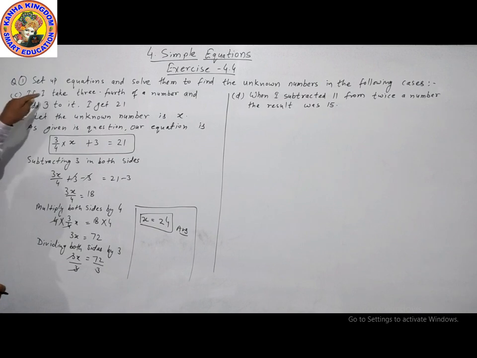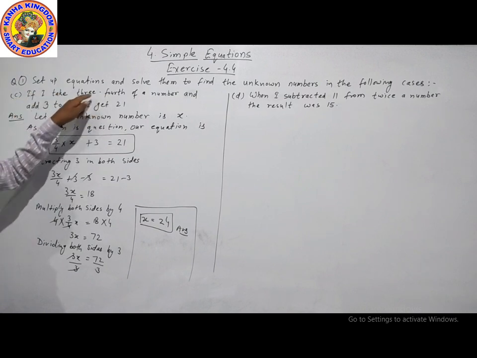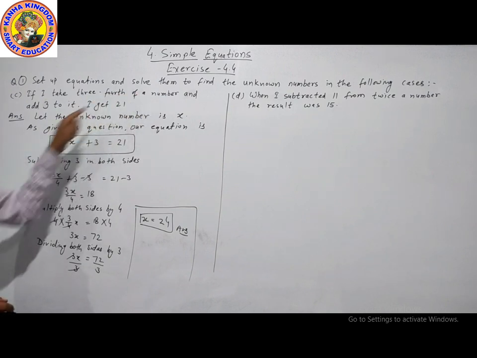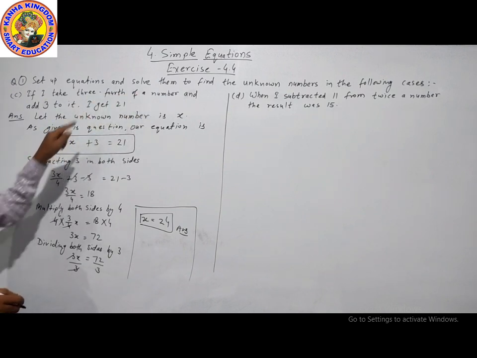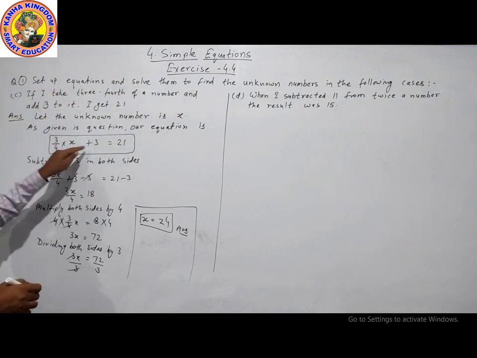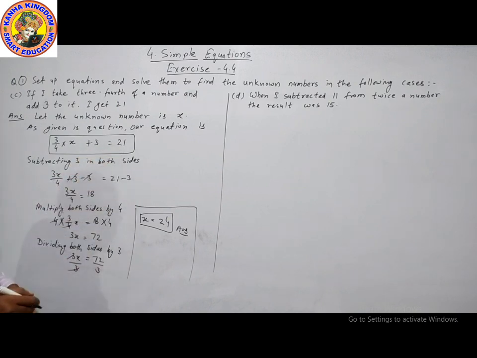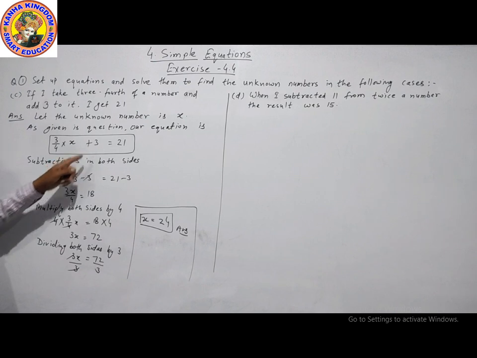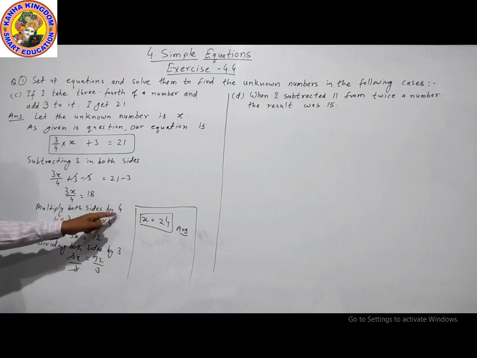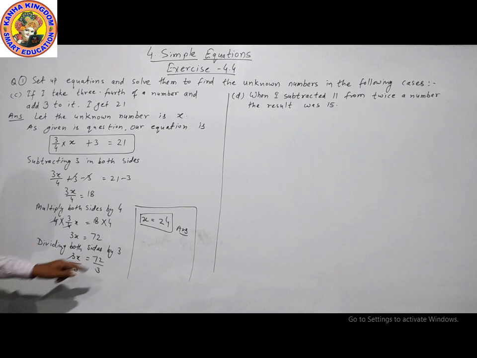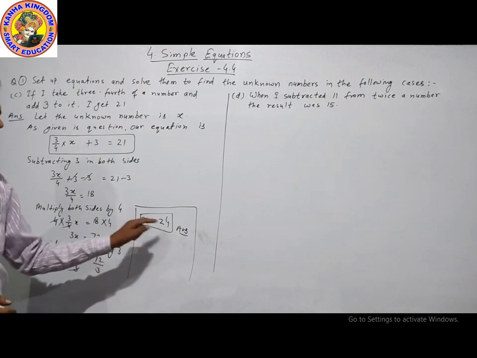Let's take from the beginning. 3/4 of a number, where of means multiply, the number is x. 3/4 multiply x and add 3, plus 3, I get 21, means equal to 21. This is our equation. First of all, here is plus 3, so we will minus 3. Now here is divide by 4, so we will multiply by 4. Here is multiply by 3, so we will divide by 3. Last answer, x is equal to 24.